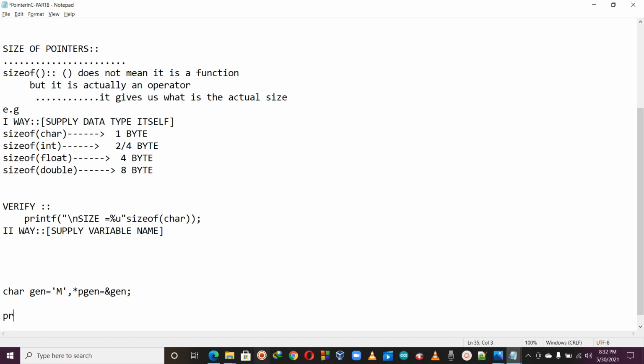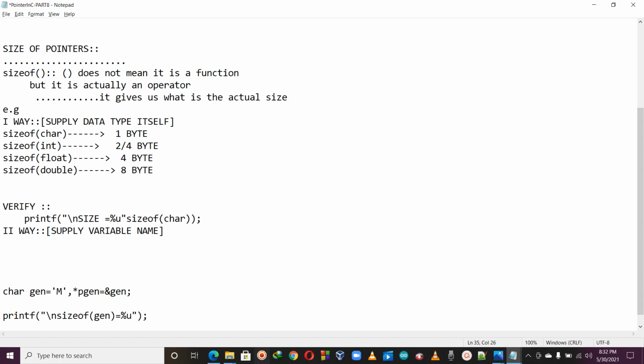Now I'm using the printf statement. I'm giving just a message, sizeof gen equals, and as I told you, the suitable format specifier here is percentage u, unsigned.